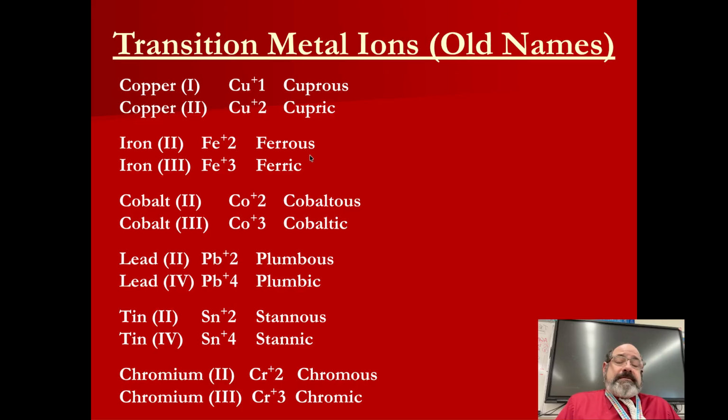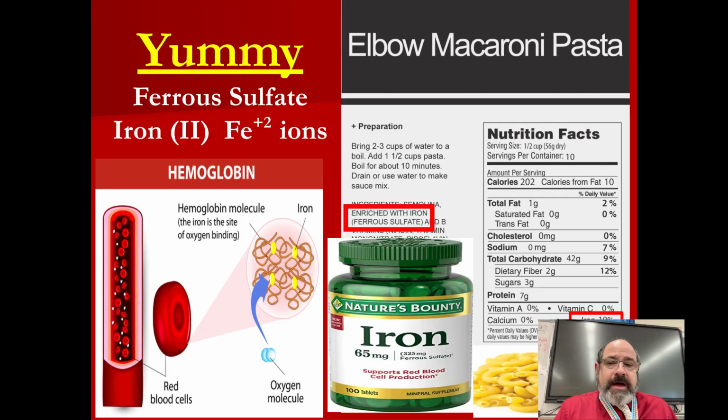You'll see them on labels in a second. I'll show it to you. So just be aware that these names exist and that the lowest charge one is the -ous. That's the pattern. The lowest charge is the -ous, and the higher charge is the -ic. Doesn't mean it's 1 or 2 or 3 or 4. It's just the lower and the higher. And don't worry about having to name these little buggers now, so yay. But just be aware they exist, because you might see them on